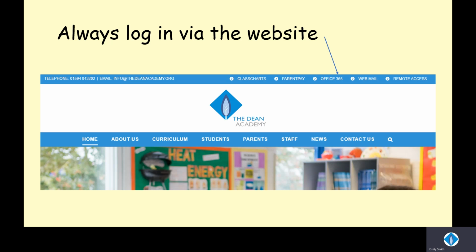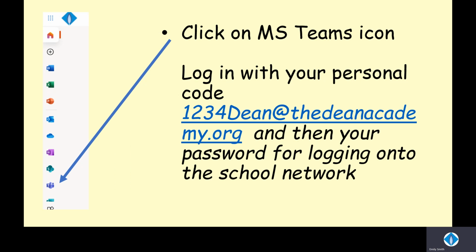You must always log in via the school website, and it's important that you do that because otherwise you won't be able to access all of the different parts of Teams and you won't be able to engage fully in the lesson. So go to the school website and click on the Office 365 box. Make sure that you use this in order to allow you to be able to access everything that Teams has to offer. You then will see a menu like this along the left-hand side of your screen, and you need to click on the Teams icon